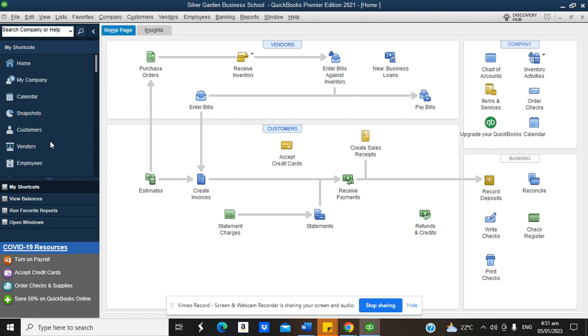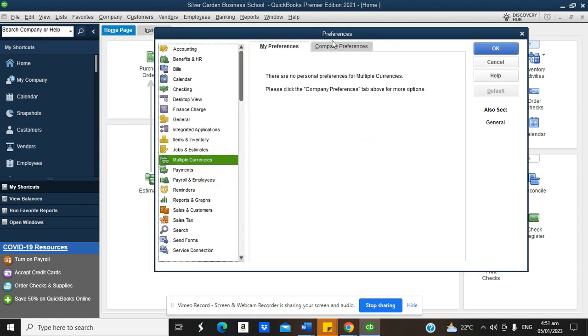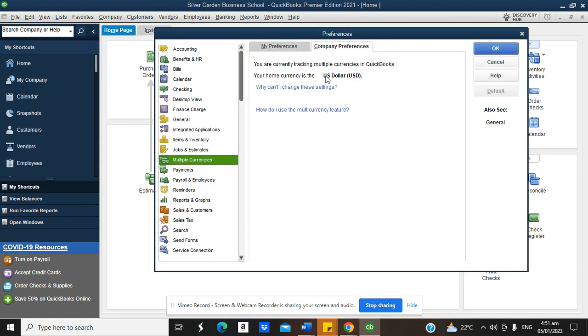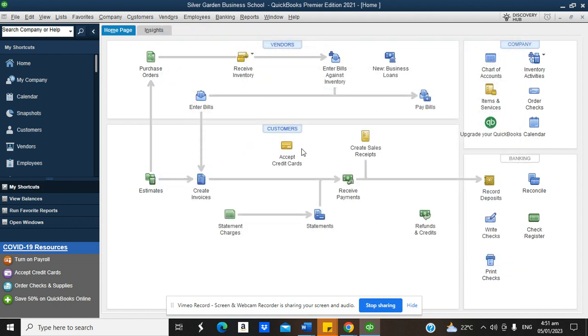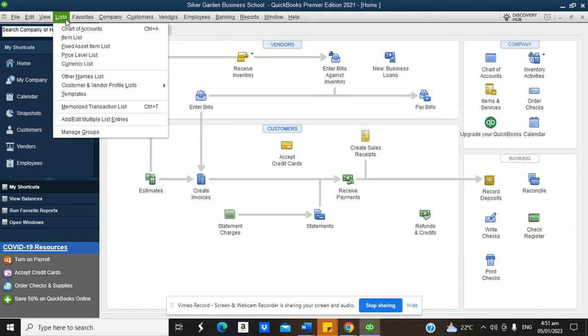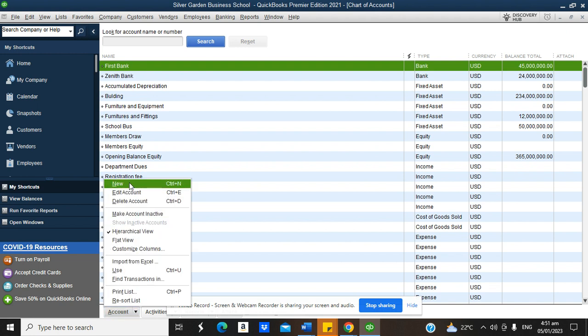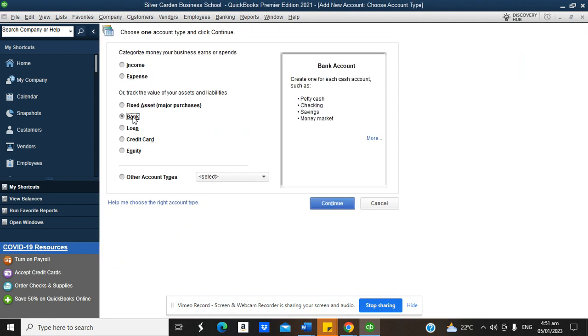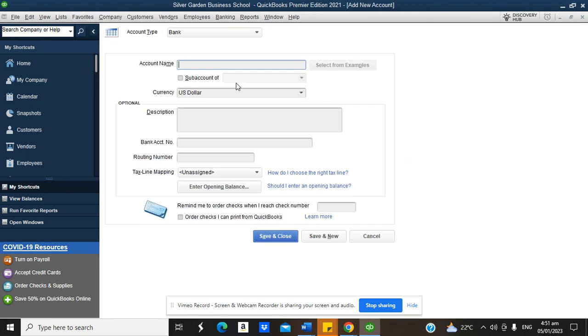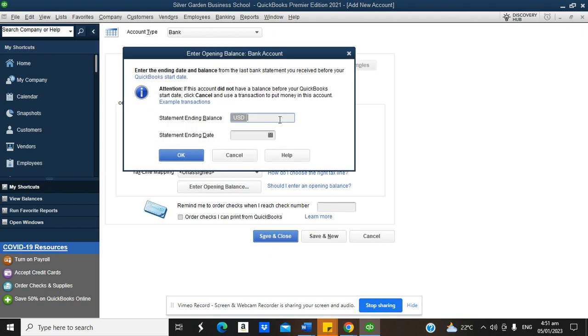So if you go back to Edit, Preferences, and then Multiple Currencies, you can see now that your home currency is in US dollars right now. Now, if we go back to our chart of accounts, we want to add our foreign bank account to the system. By default, all the accounts we've added will be in US dollars. Come back here, New, and then select Bank, which is the account type. So this will be Bank of America. The currency is in USD, and then I'm going to add